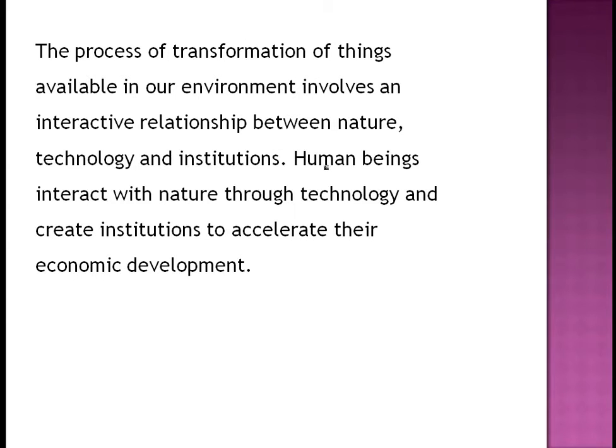Next, human being interacts with nature through technology and creates institution. For what purpose? To accelerate their economic development. So with the help of this paragraph, it's clear to you about the interdependent relationship between nature, technology and